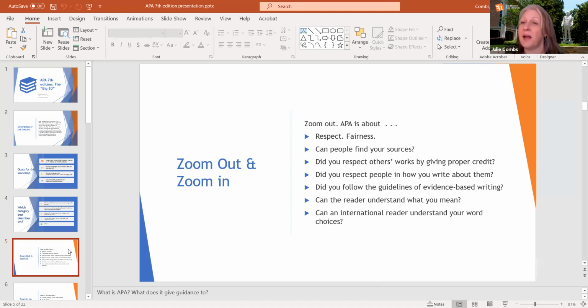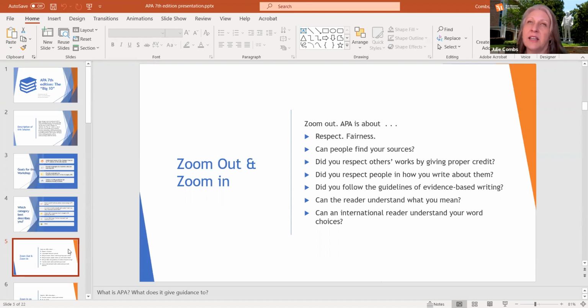The issue of respect, respect for other people's work, respect for other people and how we may refer to them in our writing, fairness in terms of how we divide up the work and also the credit for work, fairness in terms of giving other people credit for their work.